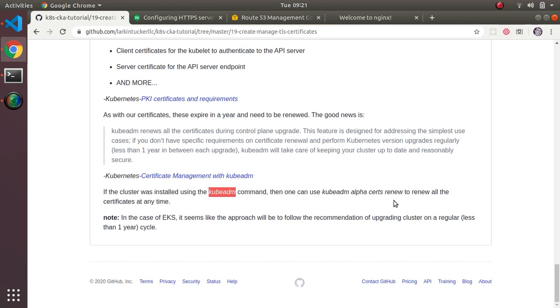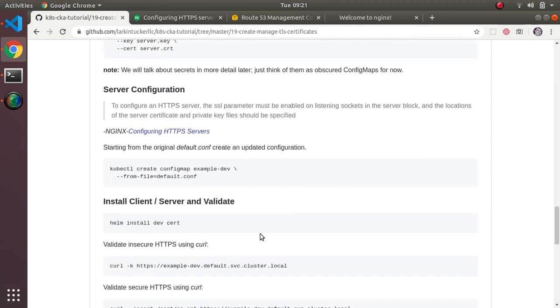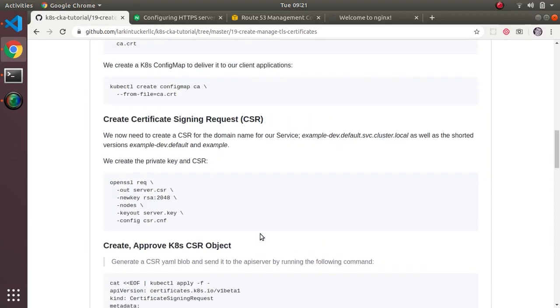Now, in the case of EKS, we didn't use kubeadm, so I was trying to Google about how I'm supposed to update these certs, and it looks like the only way I can think to do this is make sure your cluster is up to date, or Amazon is somehow taking care of it for you. I'm not sure which, but I think the best bet right now is you should follow the general guidance of regularly keeping your cluster up to date just for security patches. Okay, so I think that's it. Again, I will deal with this problem of the shorter names, and I'll put in